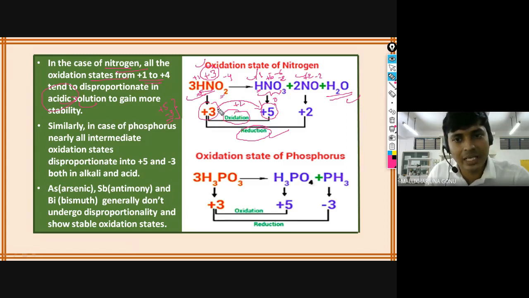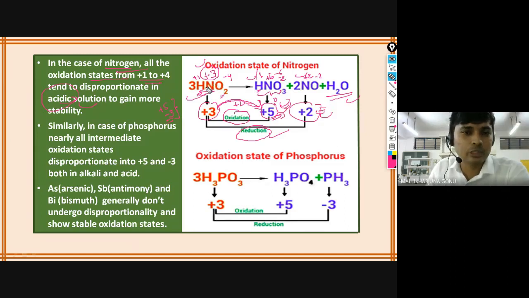Environment, this will oxidize to the +5, and this will give the +2 also. So this is the most important, to get the +5, as though it is not stable, +2 also not stable, still +5 to convert it is the +5, you are getting the +2. So that's how it is disproportionating. So disproportionation reaction, those reactions in which one compound is getting both oxidation and reduction. So that type is the disproportionation reaction.